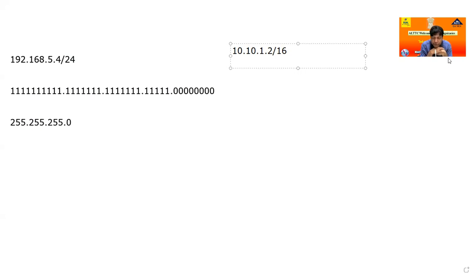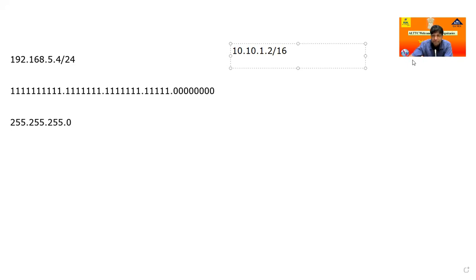It is a very important question for competition purposes, because in competitions like the UPSC examination, such types of questions are given with options A, B, C, D and ask which subnet mask is not possible. So you convert all the decimals to binary. If there is any zero in between, then that is not possible. If a zero comes in between, it cannot be valid. Okay. So now again come back.